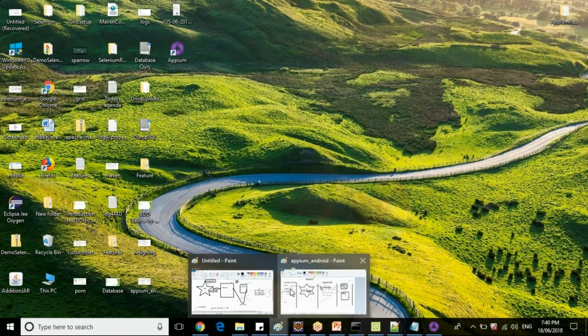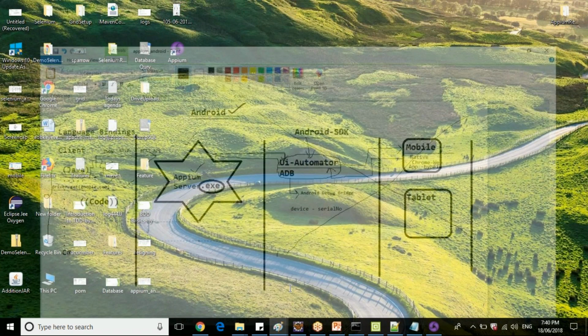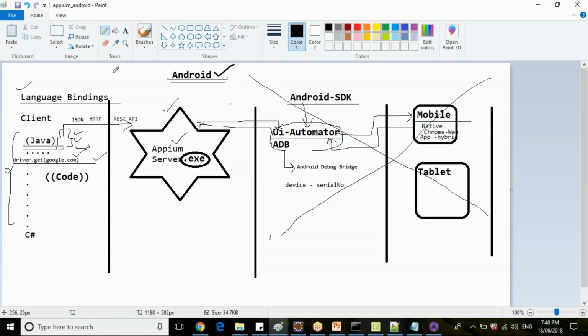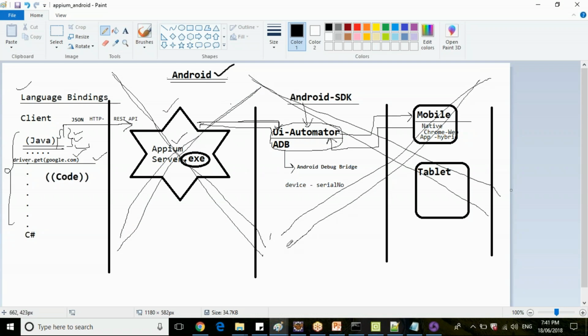Now, what is the next thing we need to complete in our architecture? We have covered how to start APM, download and install the APM server also. So nothing to worry about the APM server now. Nothing to worry about connected devices and the Android SDK. What is the next thing we are going to see now? We have the language bindings pending, the client which is to be configured here, correct?